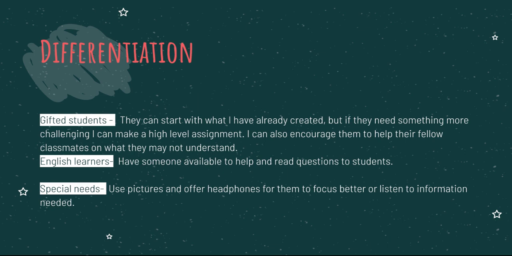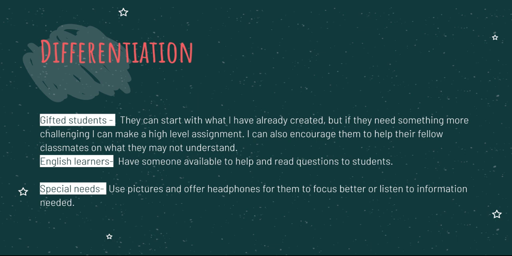English learners can have someone available to help and read questions to my students that have a harder time understanding. Even the students can help each other. Special needs, use pictures. Be pretty graphic on what you're talking about. I think more examples would be necessary to provide, and also offering headphones for them to focus and listen to